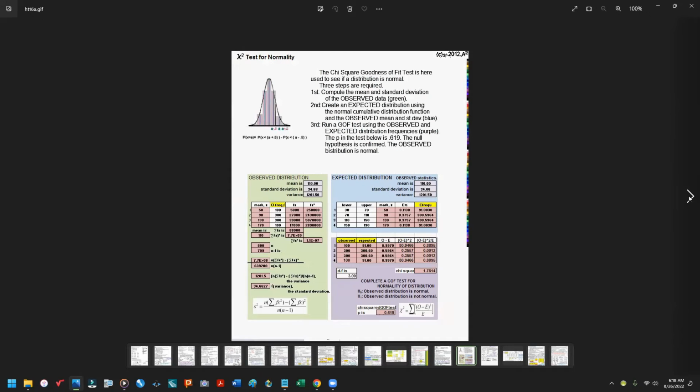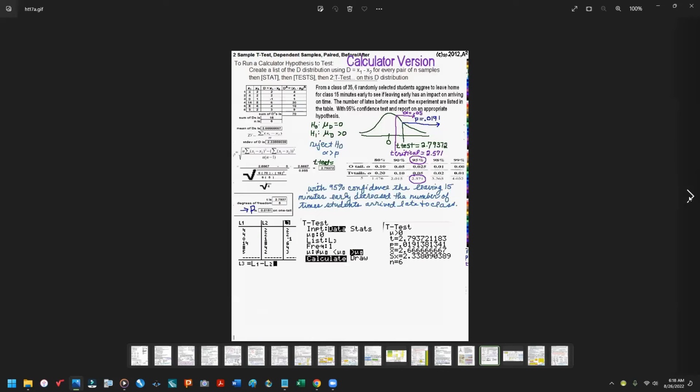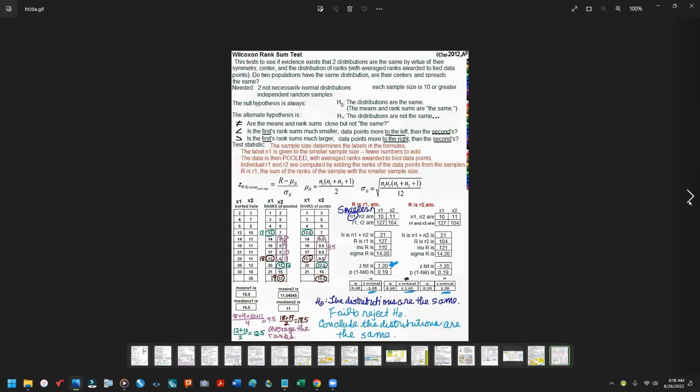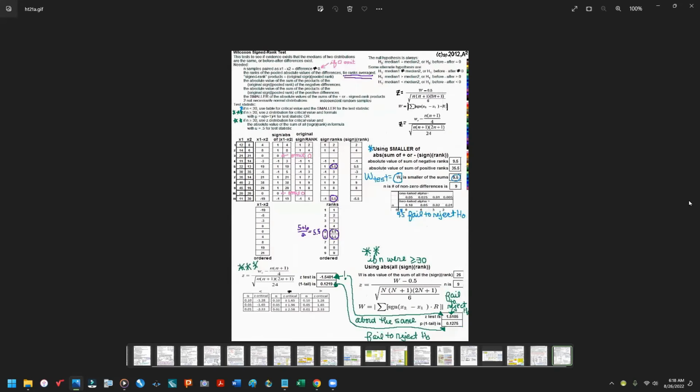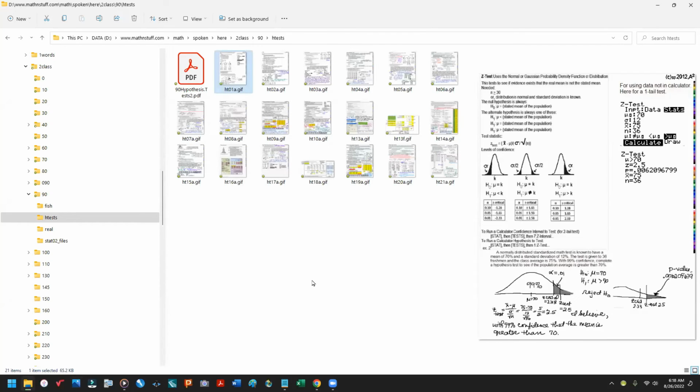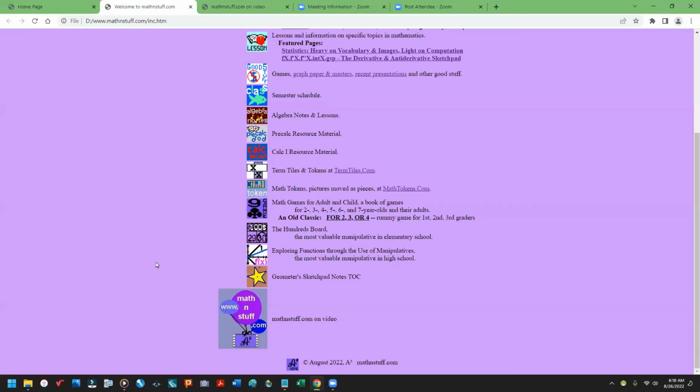Let's just go through normality. You notice again the spreadsheets. Wilcox rank sum. And there should be one more. That's it. Okay, I'm getting out of the directory. I don't need that. I could go back to the PDF file. It's all there. I'm not going to do that. I'm again going to